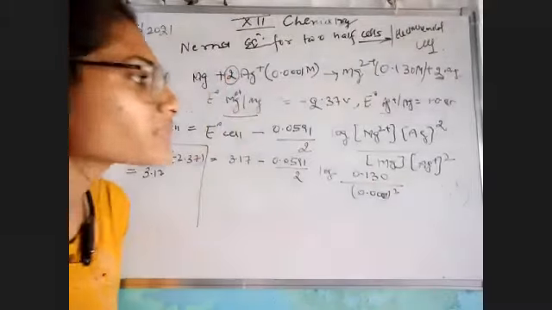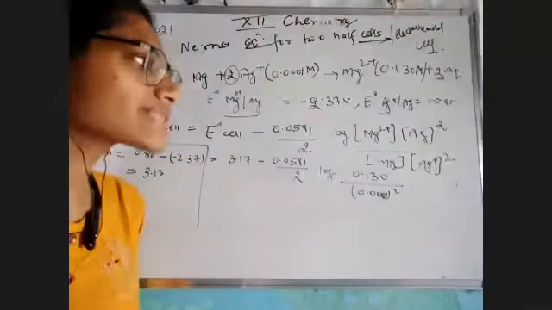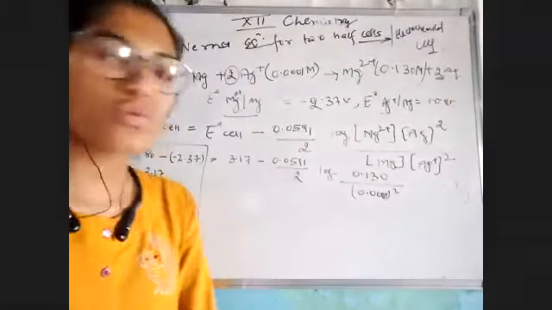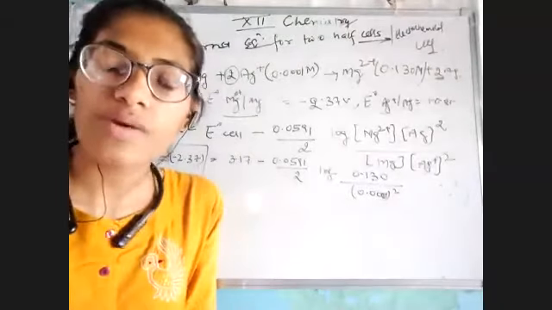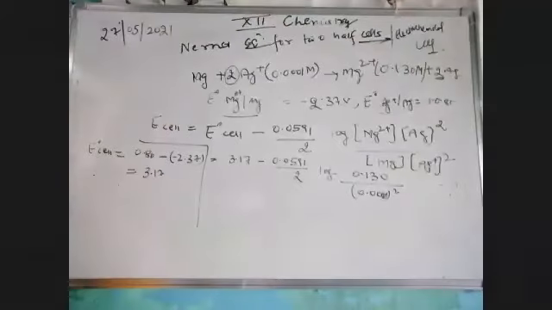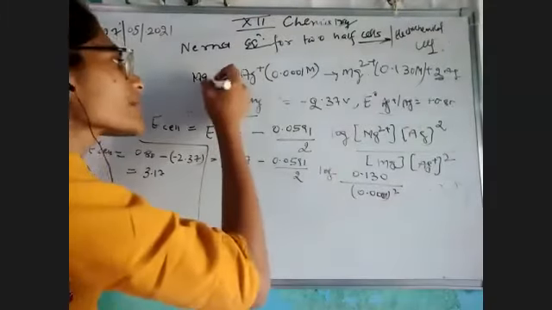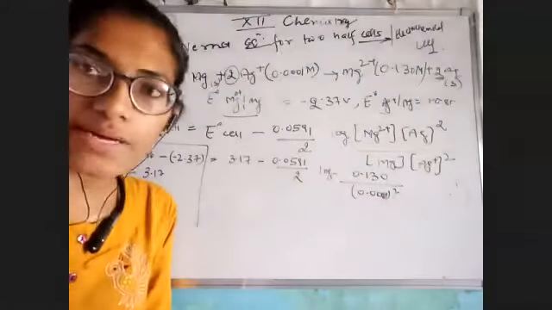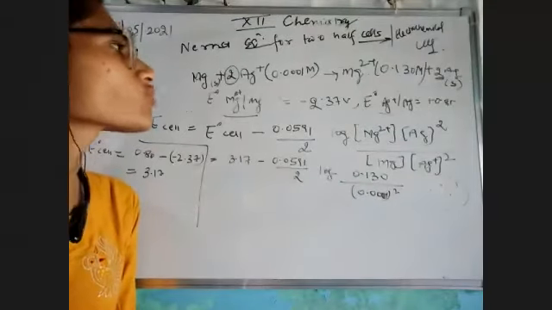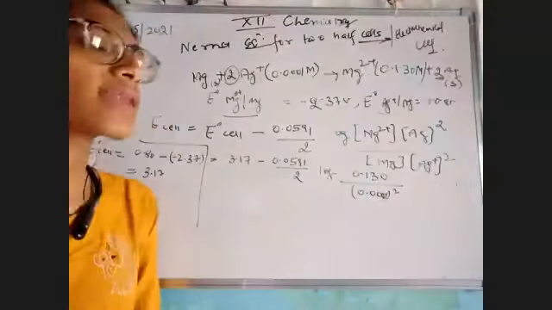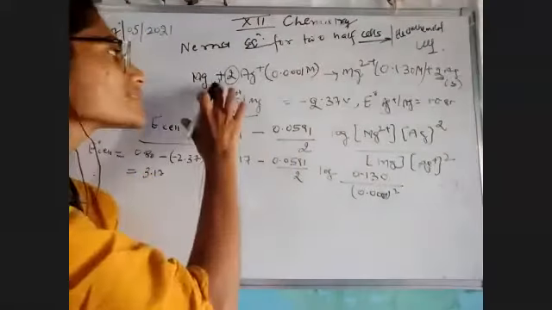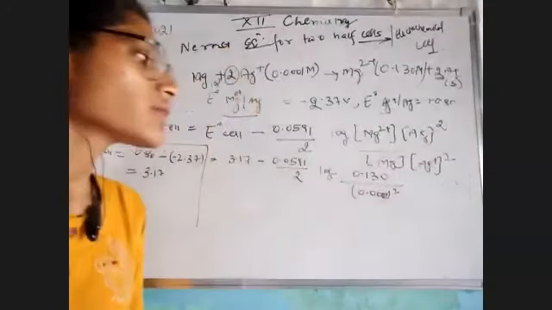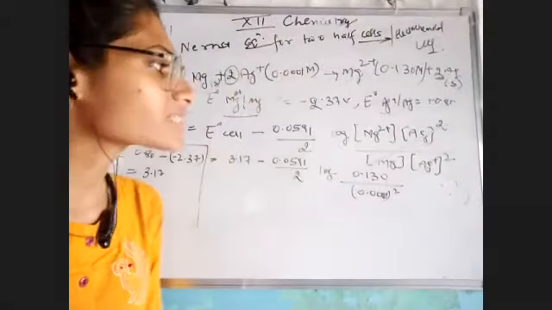Okay. Now the point is, bache, we have been provided with magnesium 2 positive and silver positive. What about the silver and magnesium? How can we put the concentration of these? Now the answer is we do not need to write the concentration. Why? Because in the question it has been given that magnesium and silver have been separated out in the form of solid, and in the Nernst equation we have to put only the ions which are in liquid form. So there is no need of that, so I would just remove it. So we have been left to solve this particular equation, and you can easily solve it.